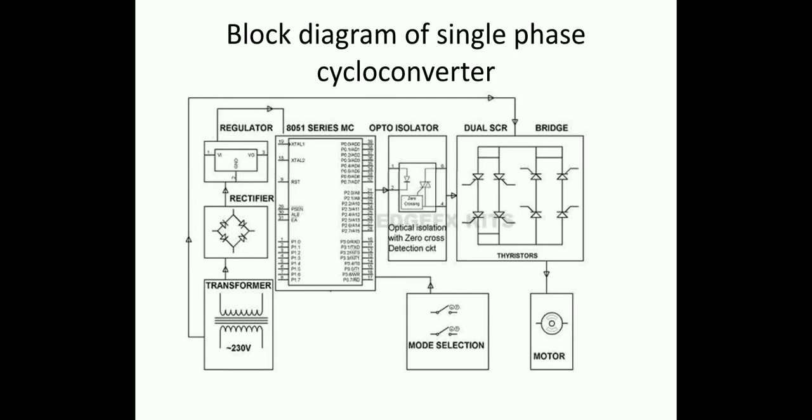The microcontroller is programmed to generate gate signals for the SCR to conduct. The SCRs or thyristors used here conduct only when a gate pulse is provided across its gate terminal. To the SCRs we provide directly 230 volt supply, and to the microcontroller we give 5 volt supply. So to provide some electrical isolation we use an opto isolator.